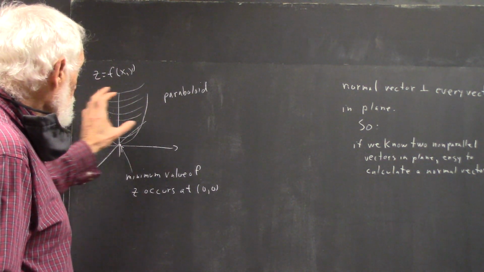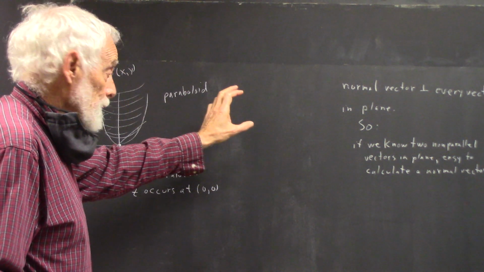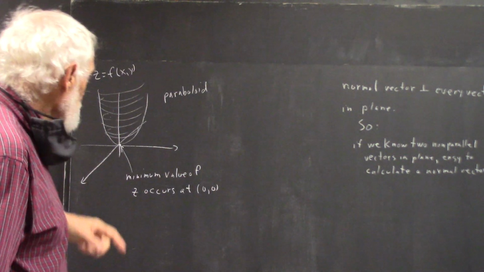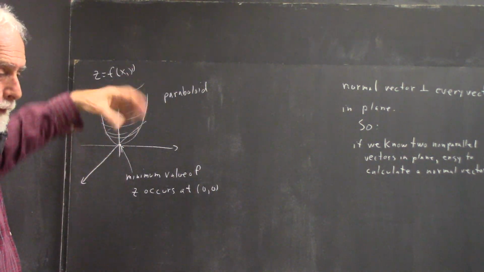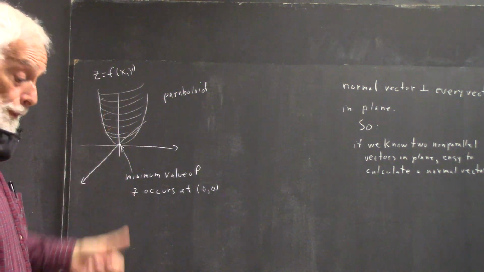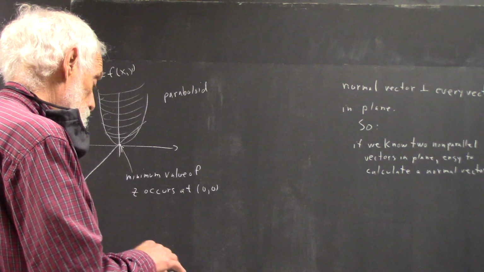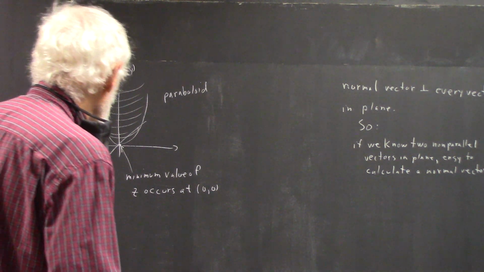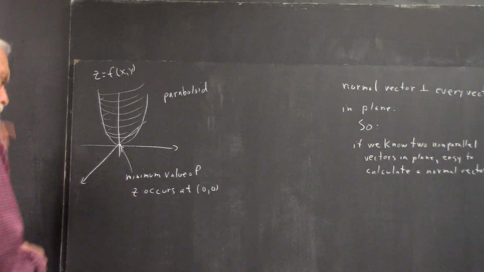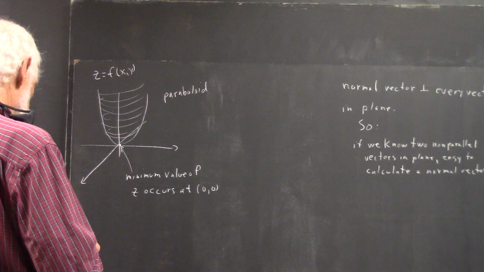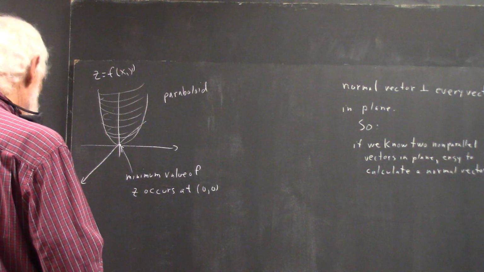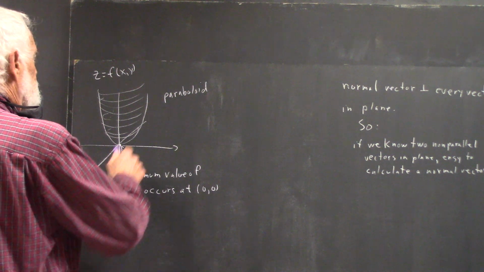It doesn't matter where I move that paraboloid. It doesn't matter even if I invert it, except that, of course, the minimum, if I invert the thing, would become a maximum. We want to come up with a test for whether a figure has a maximum or minimum value. So the test, if I